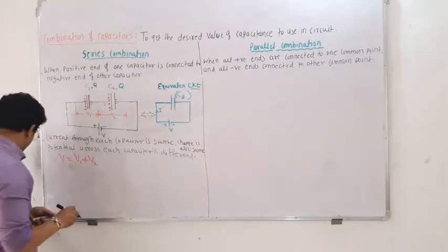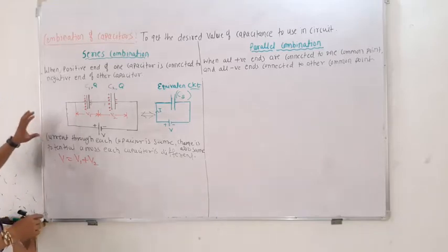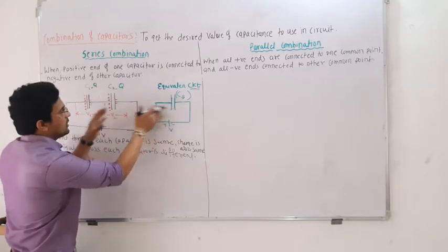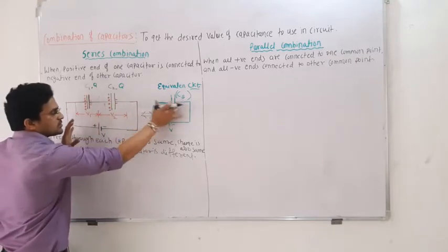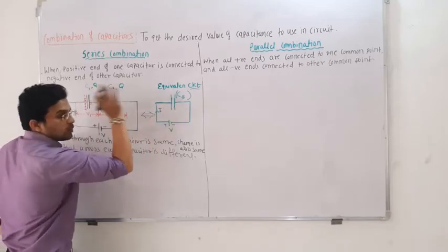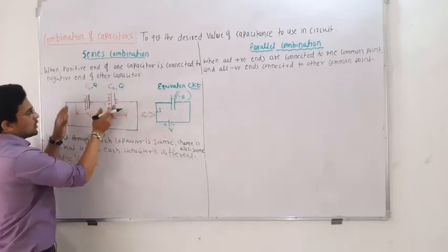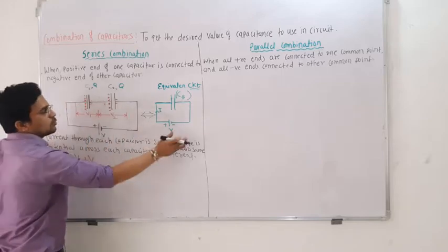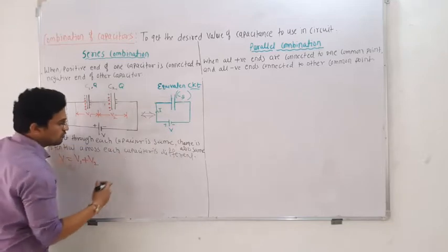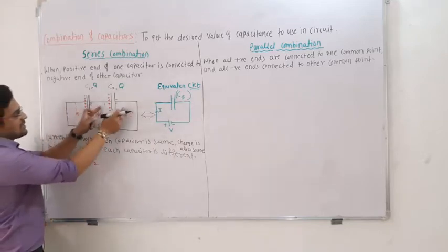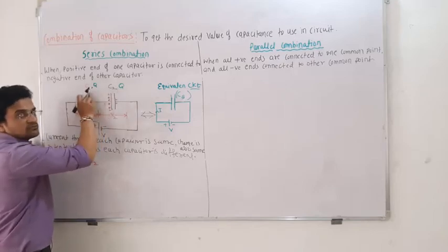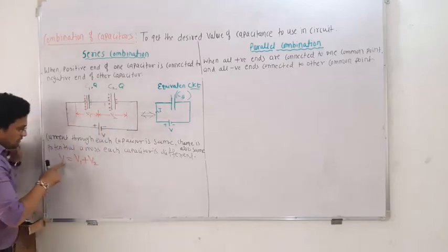Now you have to compare these two capacitors with this equivalent. Actually both are the same. This is the equivalent capacitor of these two capacitors; combining them, we have connected only one capacitor. So whatever work is done by these two capacitors, the same work can be done by this capacitor. Then what should be the value of this CS? That you have to find out. Now the potential across each capacitor is different, the charge is the same, but the capacitances are different, C1 and C2. Now we will apply this equation.